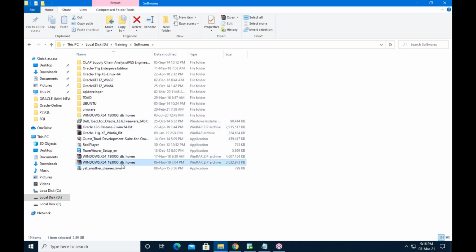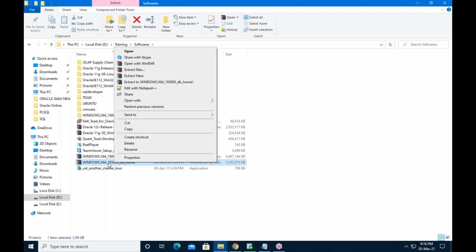It is a zip file. Right click on the zip file and select extract to so and so. Extract to so and so means a folder will be created with this name, and into that folder our zip file is extracted.